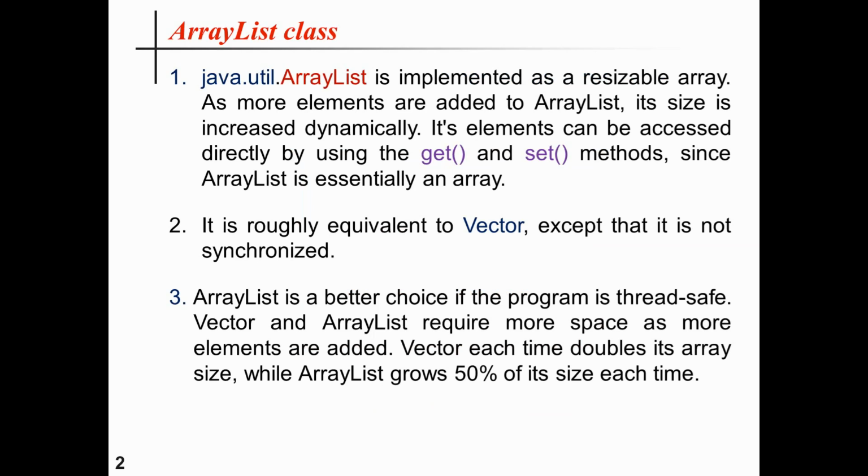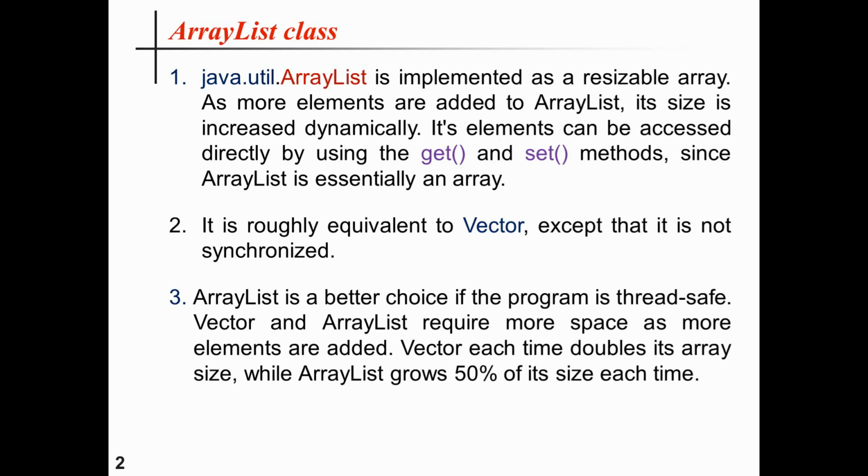Java.util.ArrayList is implemented from the List interface, and it's a resizable array. As more elements are added to ArrayList, its size is increased dynamically. Its elements can be accessed directly by using the get and the set methods, since ArrayList is essentially an array. So ArrayList is the implementation of the List interface, and it is used as a growable